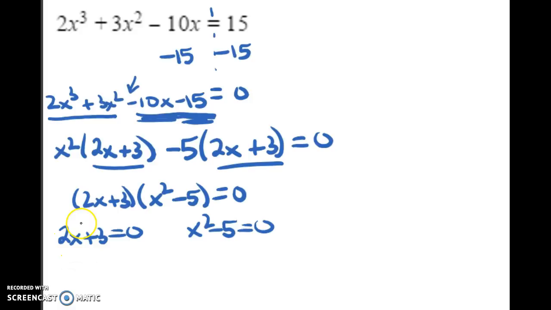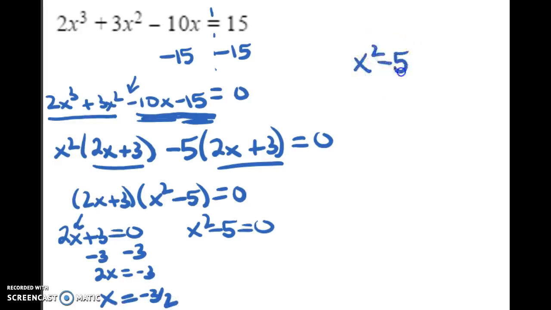It's pretty quick. I want to get this x by itself. I'll do PEMDAS in reverse. So I'll start by subtracting 3 from both sides. 2x equals negative 3. And then divide both sides by 2. So that's one answer. And then to find out when x squared minus 5 equals 0, there's not a clean